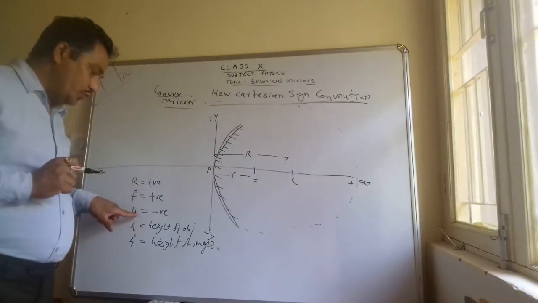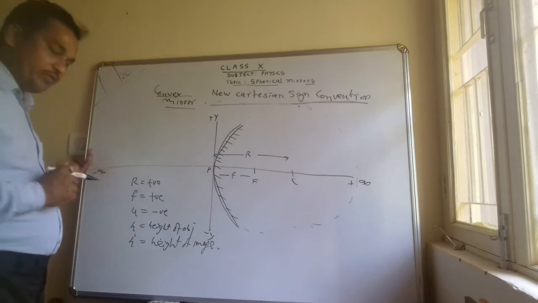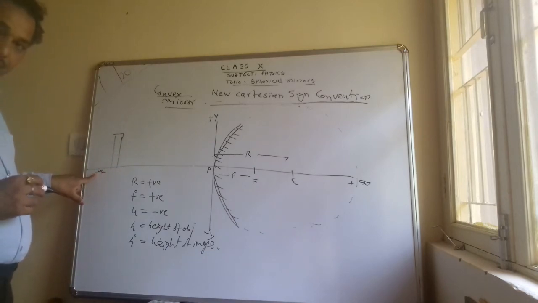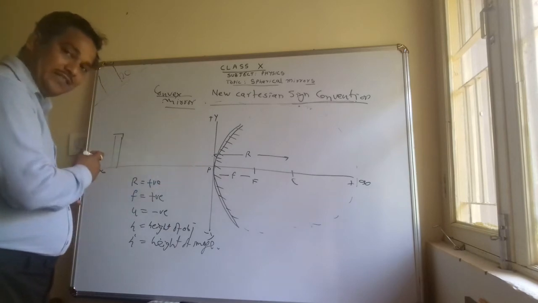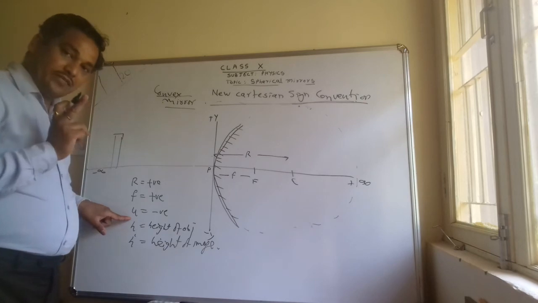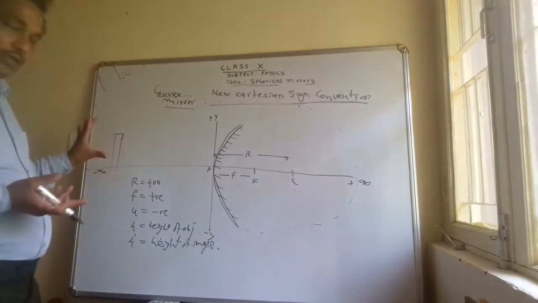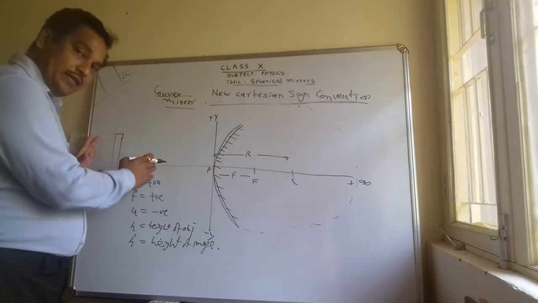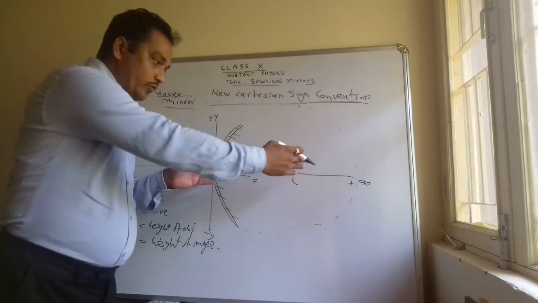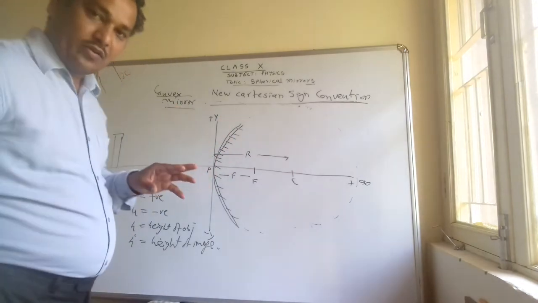Now u, where is the object placed? The object is always placed on the left hand side of the mirror. We are aware of it. So wherever our object is, it will always be negative because it is on the left hand side on the x-axis. So object distance will always be negative. Keep this in mind. Now where the image will be formed, if it is on the left hand side, it will be negative. If it is formed on the right hand side, it is always positive. You are aware of this, whether it is the case of a concave or convex mirror.